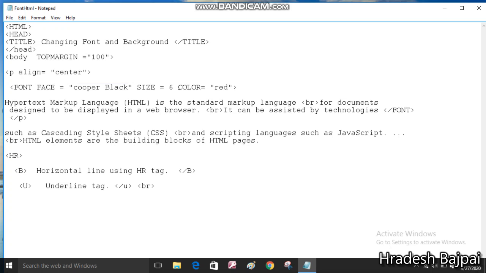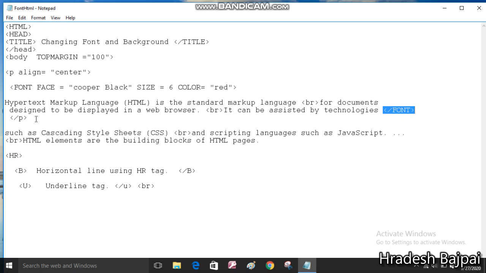The next attribute of font is font color. You specify the attributes inside these angle brackets. Before closing this angle bracket you have to specify all the attributes. I have mentioned the color red here. The important thing to notice right now is that I have closed this font tag here, and after that I have written two more lines in the program.